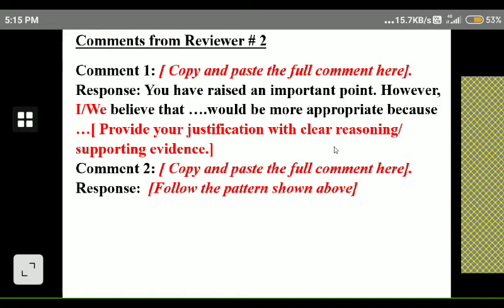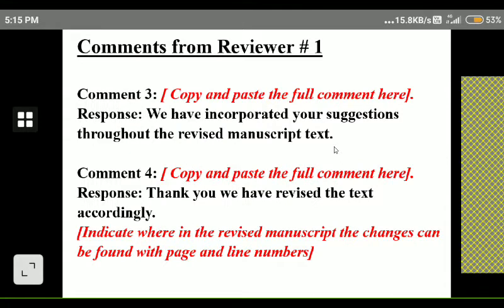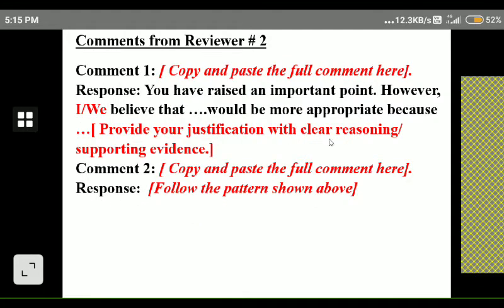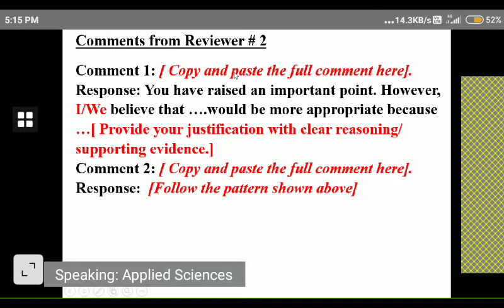So the reviewer is considered an easy reviewer in that case, so then you can answer accordingly. And then we have the second reviewer, where the reviewer is not